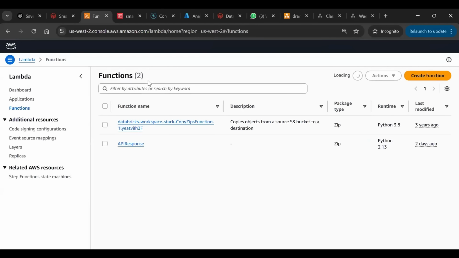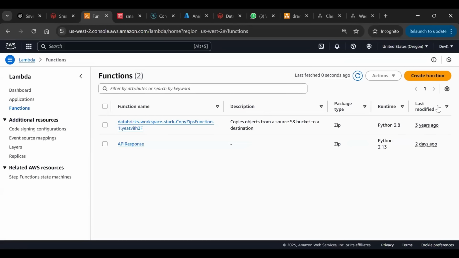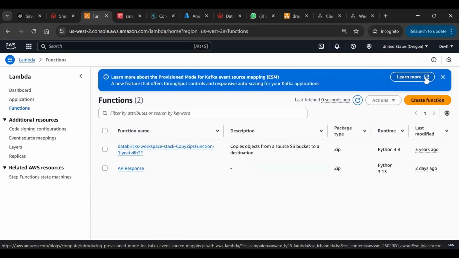So Lambda, we talk, right? It's a serverless function, a serverless capability. It helps you to create functions using serverless capability. So you don't need to create, let's say, imagine guys, if someone wants to host an API on